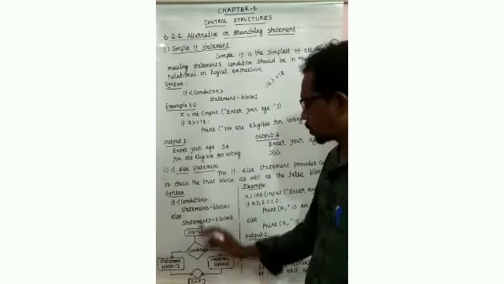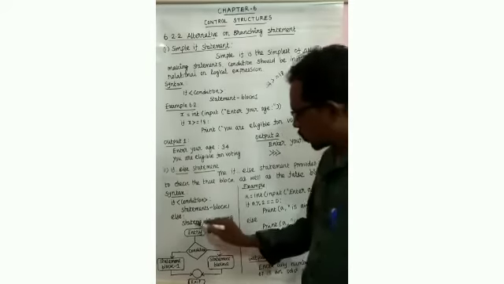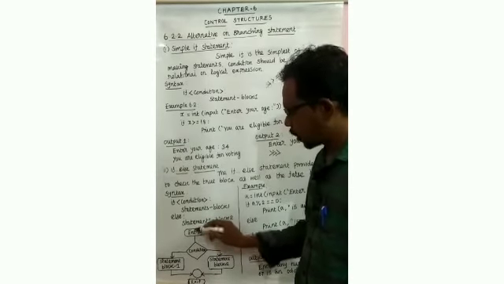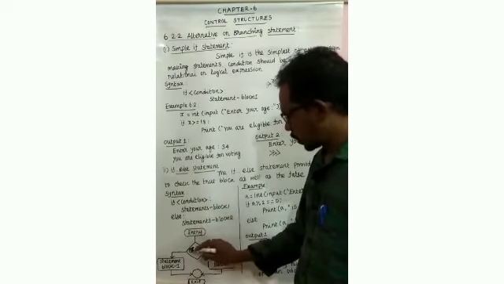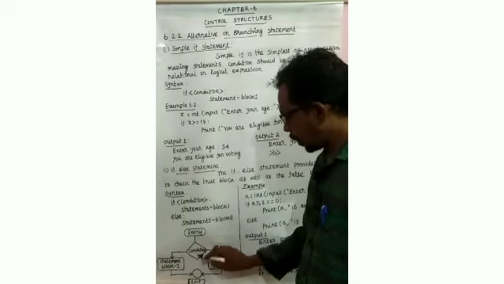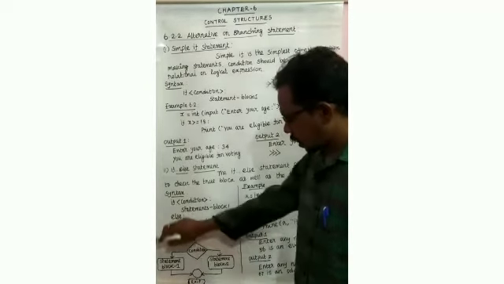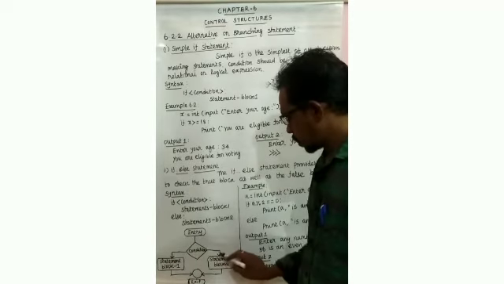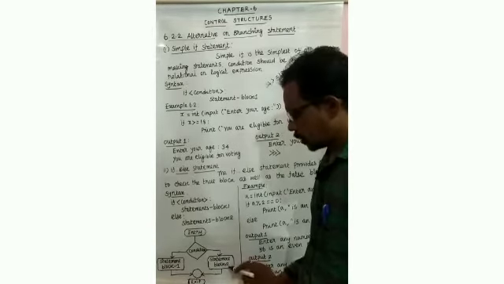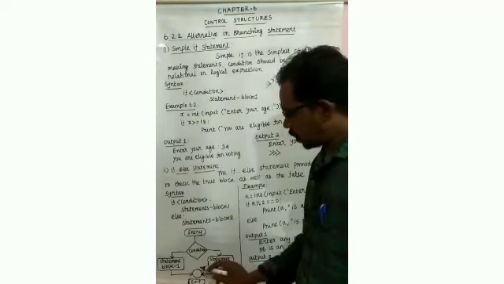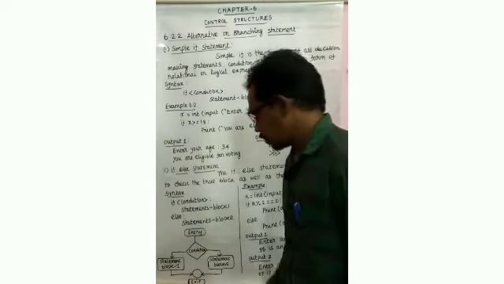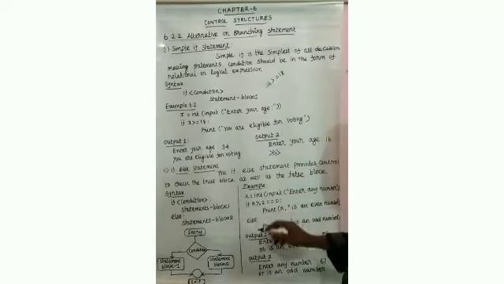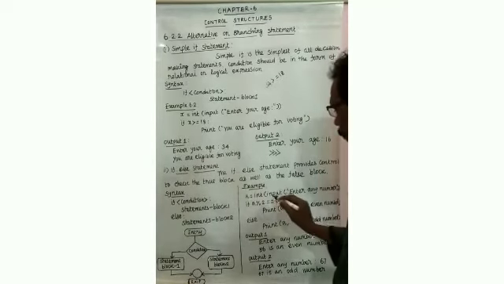Now we can see the flow chart of the if else statement. First is entry, the program enters here and checks the condition. If the condition is satisfied, statement block 1 will execute. In case the condition is false, statement block 2 will execute. So finally the program comes to exit. Okay. Next, now we can see an example of the if else statement.